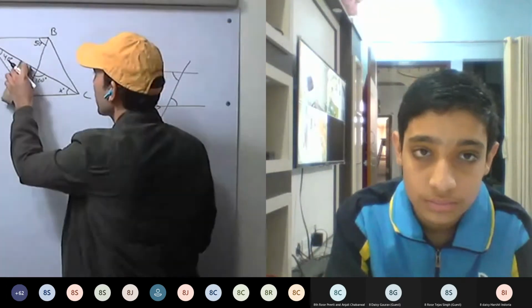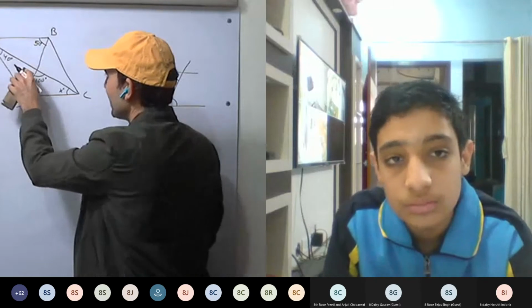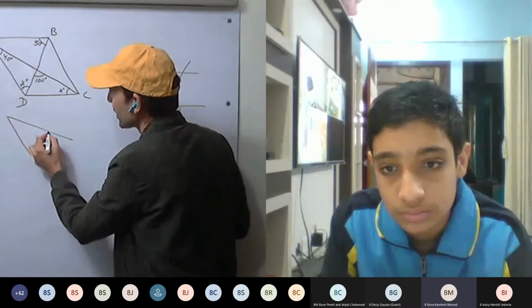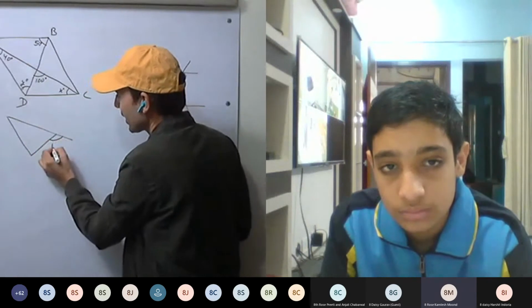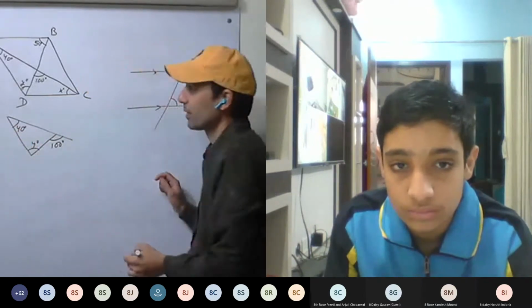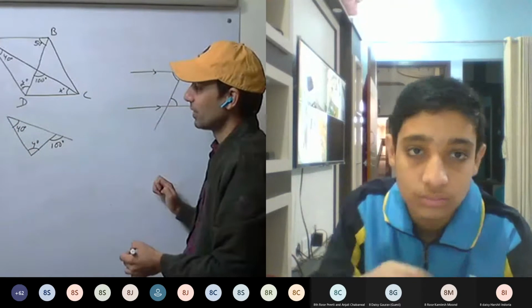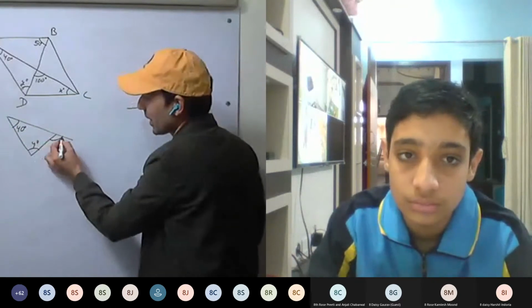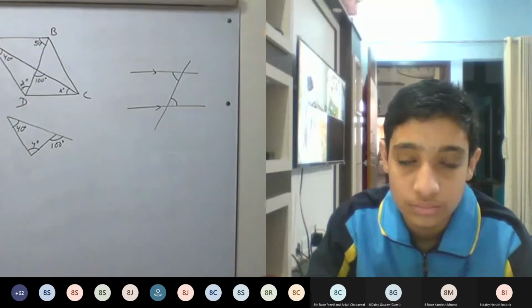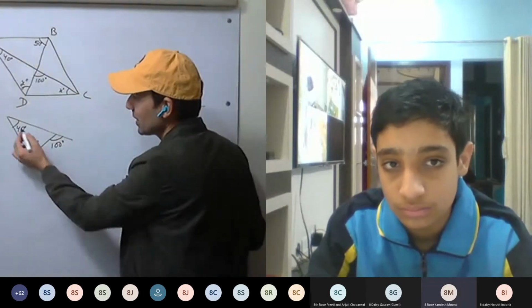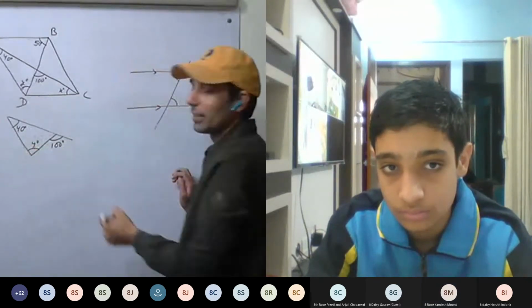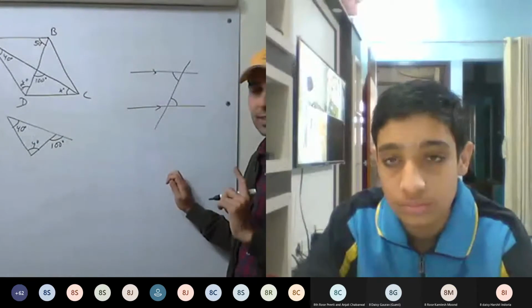One more property, can you tell it without calculating this 80 degree? This is 100 degrees, this is y degree, this is 40 degrees. So this is an exterior angle. Exterior angle is equal to the sum of the interior opposite angles. 100 degree equals 40 plus y degree. y will be 60. That way as well you can calculate.